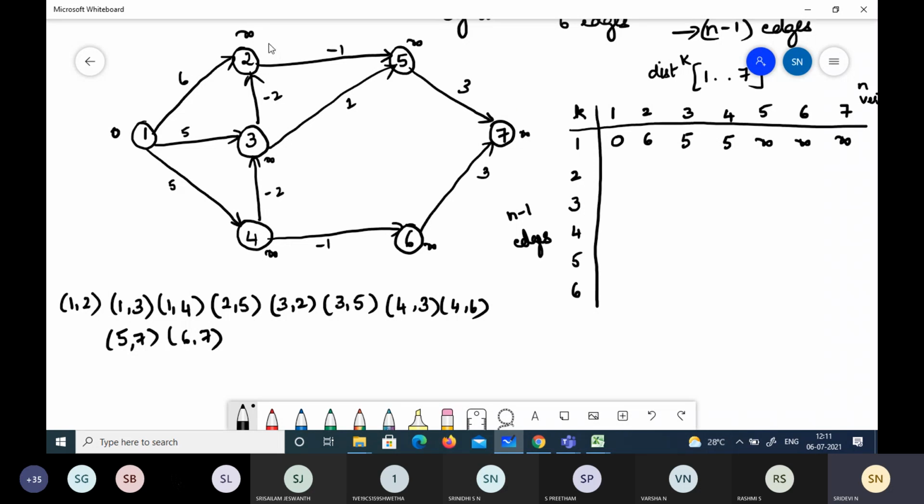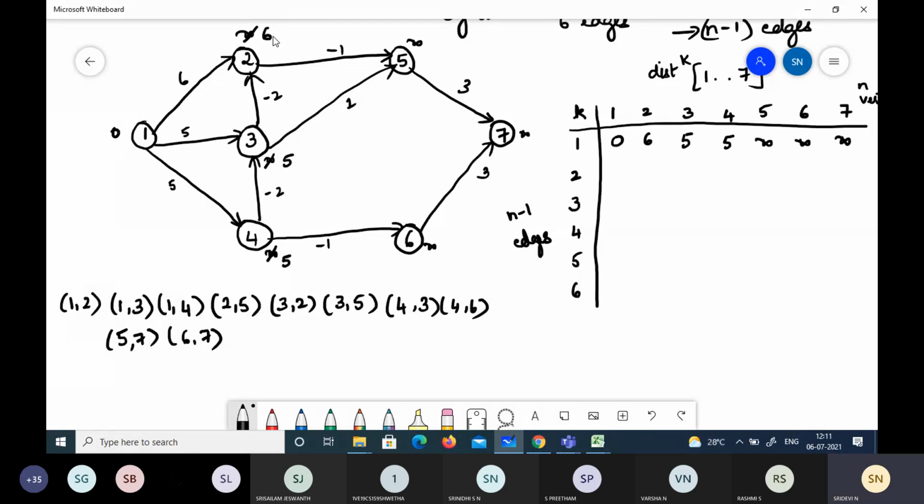0. Okay, that we have done already. So this is already 6 and this is already 5 and this is already 5, isn't it? For this, according to this iteration. Now we will move on with 2 edges. Okay, so let's see now. 1 to 2. We have an edge with 6, and if we consider 2 edges, see here, we can move it like this also, isn't it?